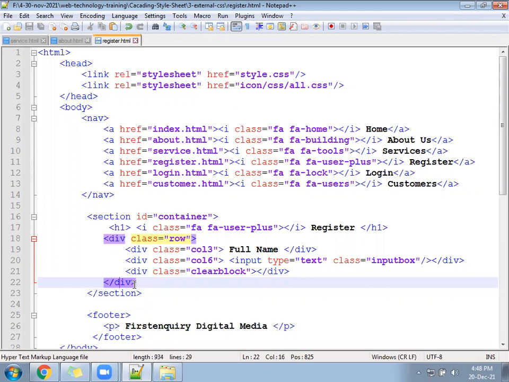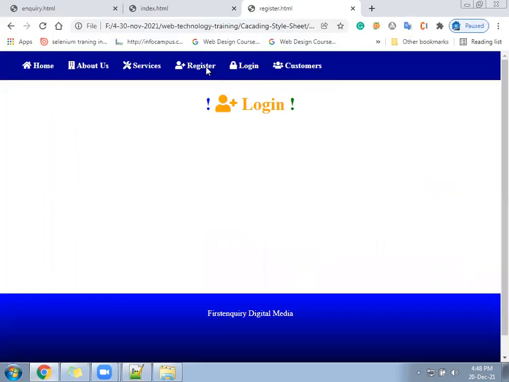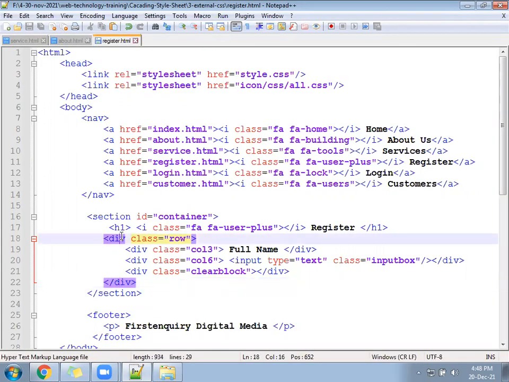If we run this page, it will look a little odd. It will go here, there. We have to arrange using CSS, then it will be proper. So for that, we require to keep in a proper division and then align the center properly.